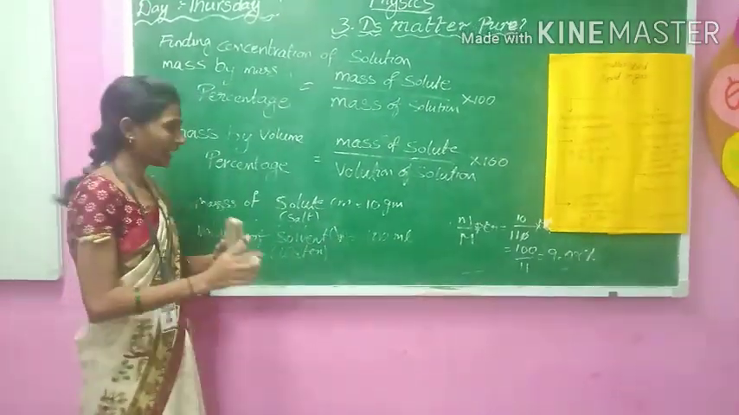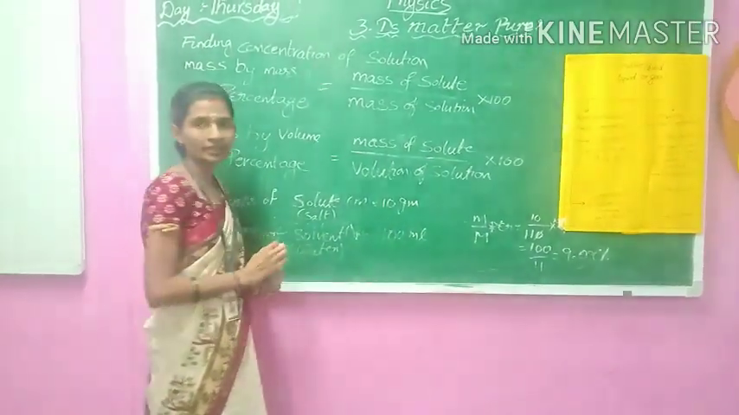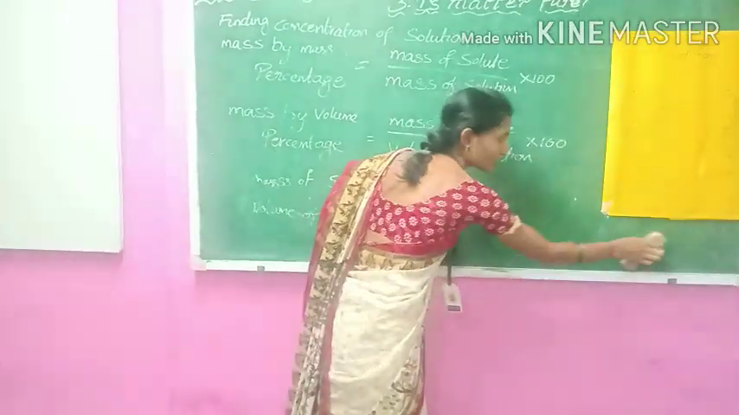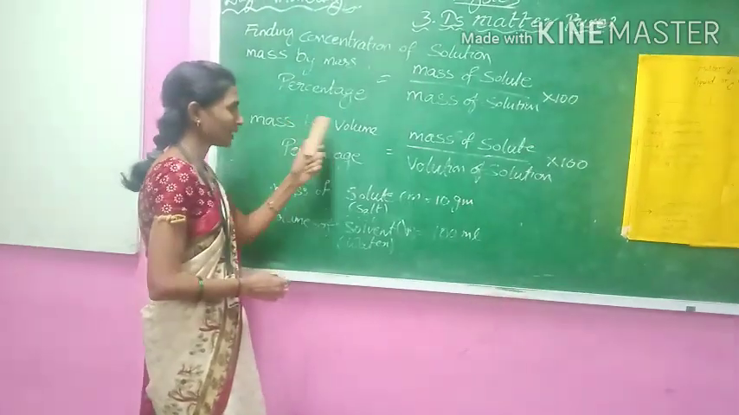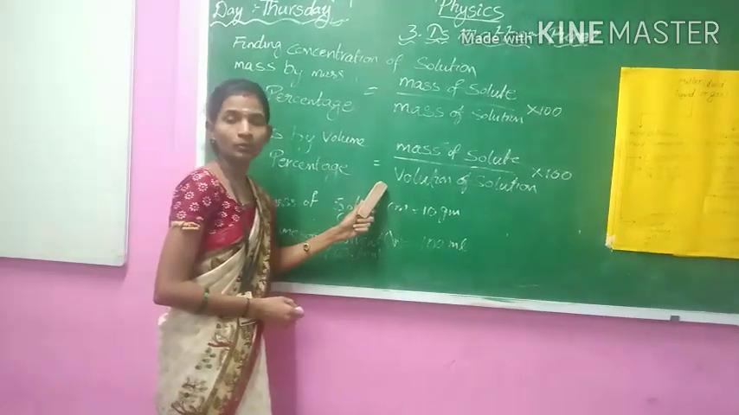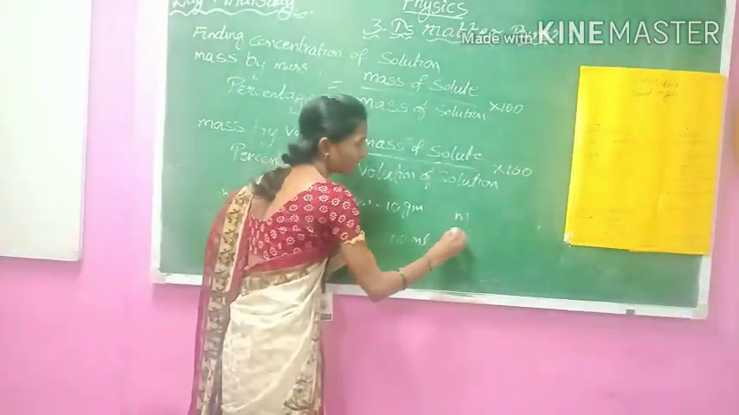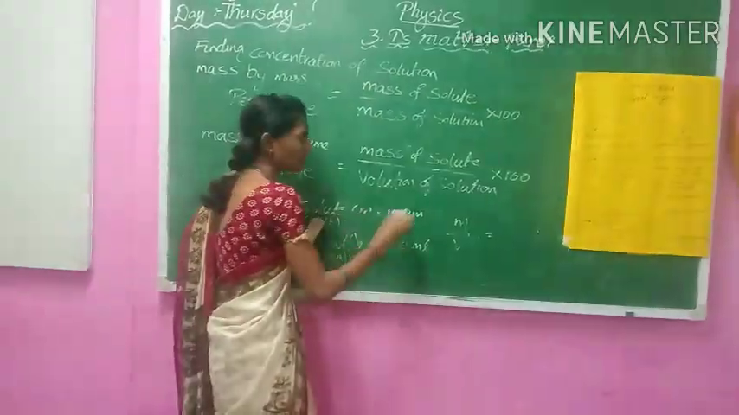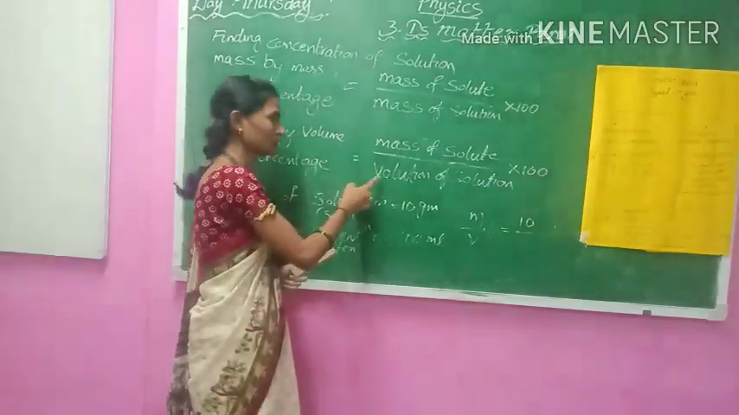Let us assume we have taken 10 grams of salt added to 100 ml of the solvent. If we have to find the mass by volume percentage of the solution, we have the formula that mass by volume percentage is mass of solute by volume of solution into 100. So here, mass by volume percentage is equal to mass of solute, which is 10, by, we have to take volume